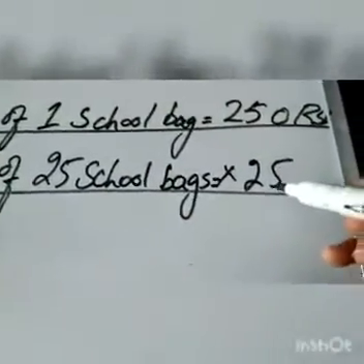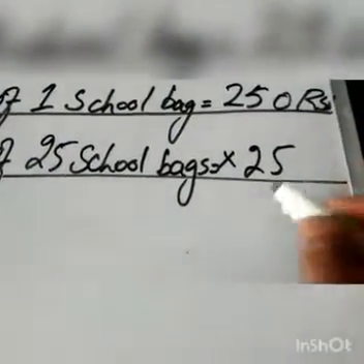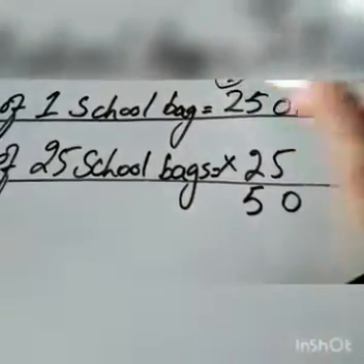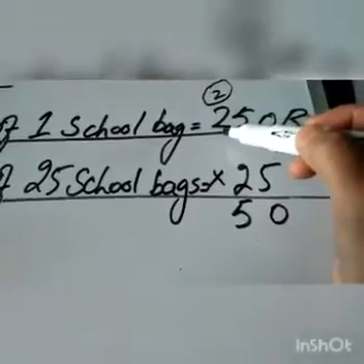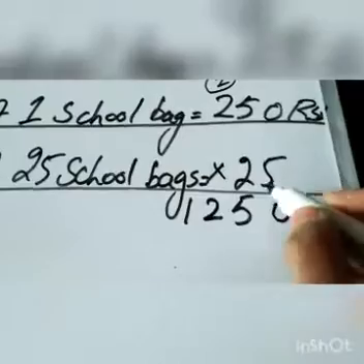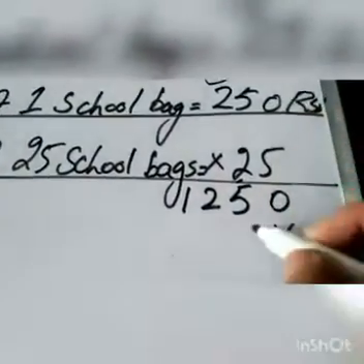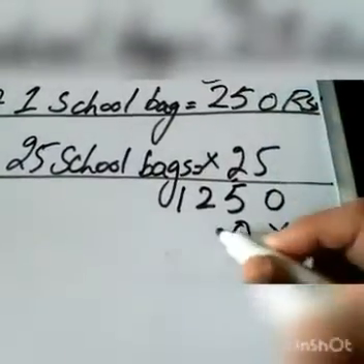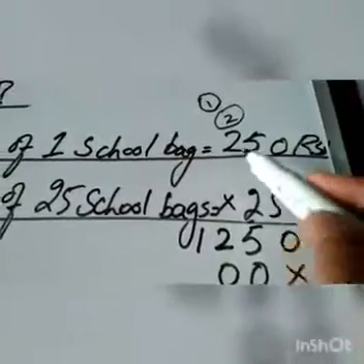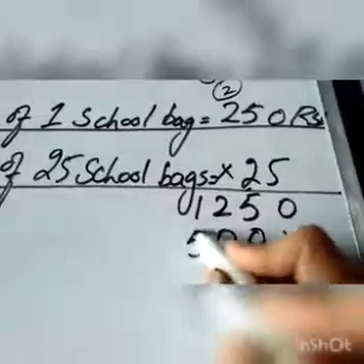Okay, now we have to multiply 5 0 times is equal to 0. 5 5 times is equal to 25. We have to write 5 under the tens column and 2 carry over the next. 5 2 times is equal to 10. 10 plus 2 is equal to 12. Okay, now the second digit from 25, that is 2. 2 0 times is equal to 0. 2 5 times is equal to 10. 1 carry over the next. 2 2 times is equal to 4. 4 plus 1 is equal to 5.